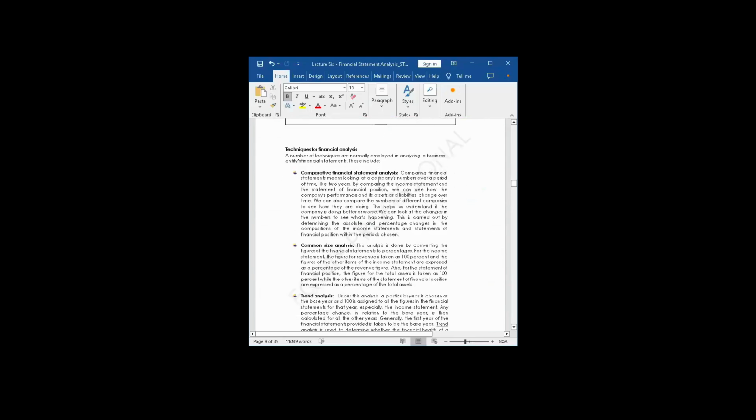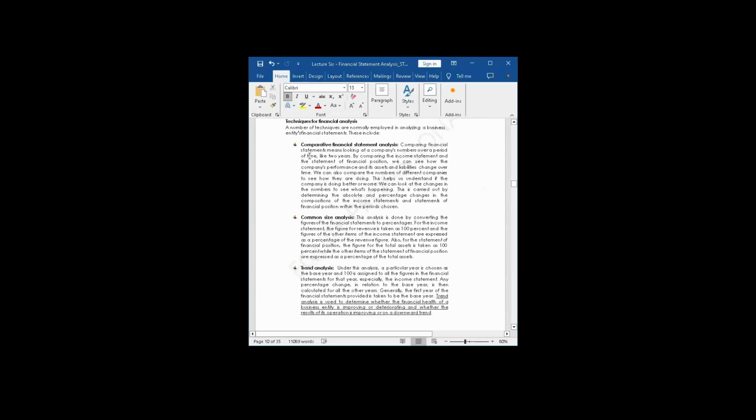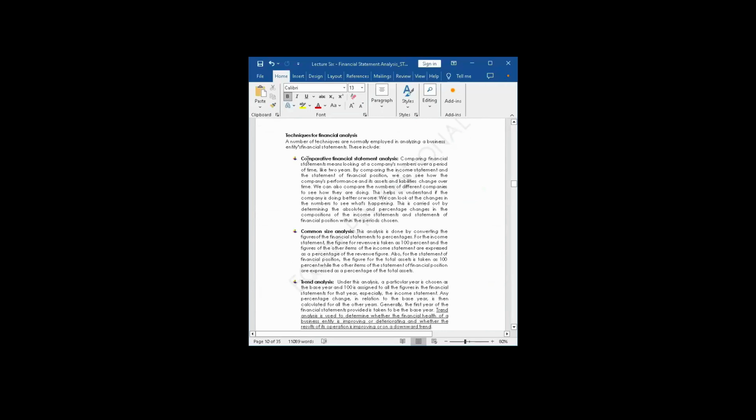So let's look at various techniques for financial statement analysis. So please let me sound a warning before we start. Now, these various techniques, for the purpose of this exam, please,